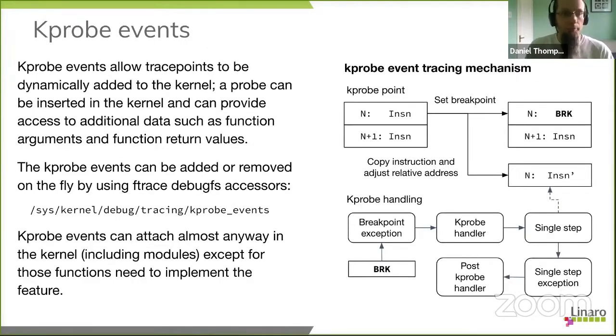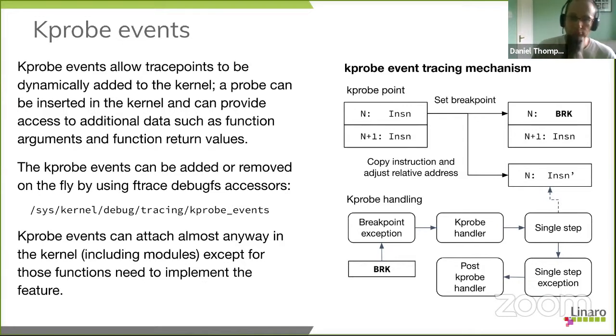The final piece of infrastructure we're going to look at are kprobe events. So kprobe events are a mechanism to create dynamic trace points within the kernel. We've looked at the static trace points, which are simply function calls into the tracing infrastructure. A kprobe is a way to dynamically add that almost anywhere in the kernel. You obviously can't add it to the kprobe infrastructure itself and to certain bits of trap handling logic, but the rest of the system you can put a kprobe essentially anywhere in the kernel, and a kprobe internally is